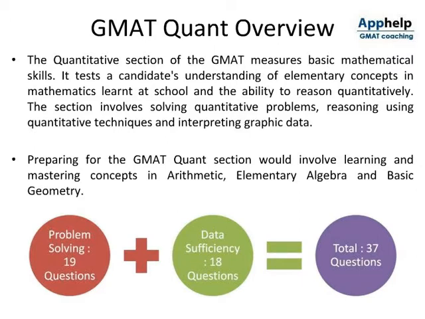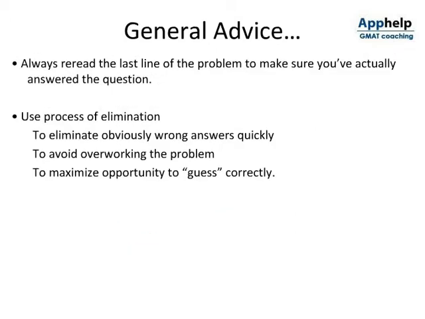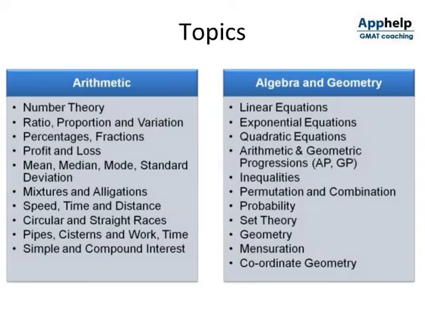In GMAT Quant, there are 19 questions on problem solving, 18 questions on data sufficiency, and 37 questions in total. General advice: always reread the last line of the problem to make sure you've actually answered the question. Use process of elimination to eliminate obviously wrong answers quickly, to avoid overworking the problem, to maximize opportunity to guess correctly. Topics: arithmetic section contains questions on number theory, ratio, proportion and variation, percentages, fractions, profit and loss, mean, median,